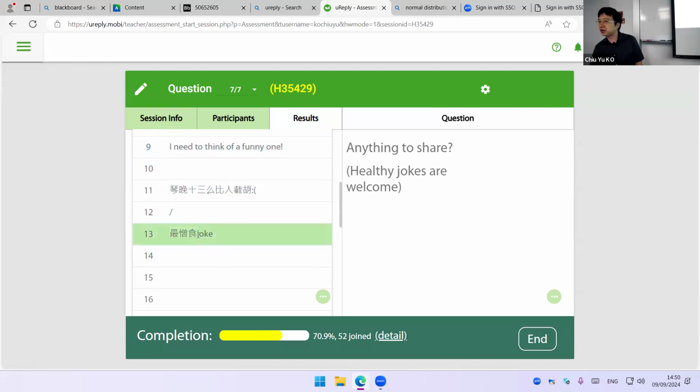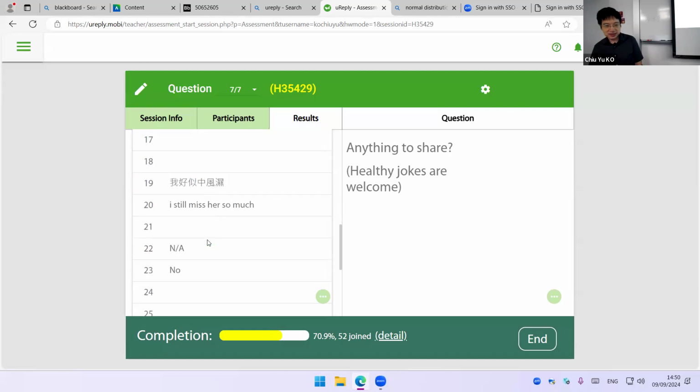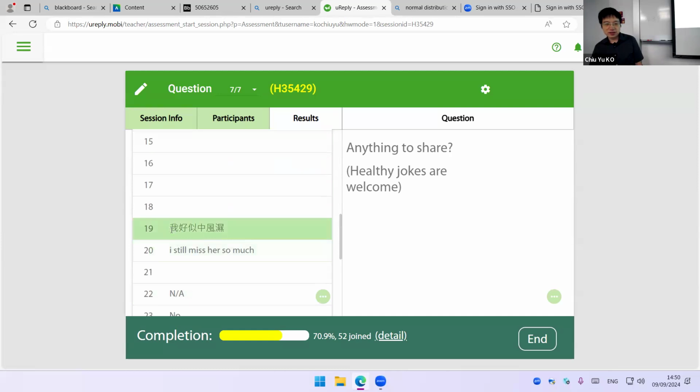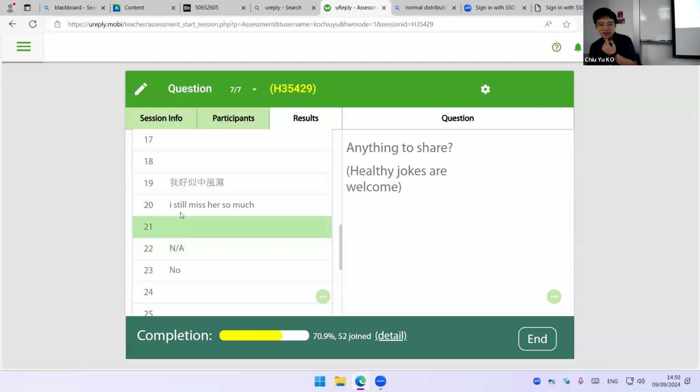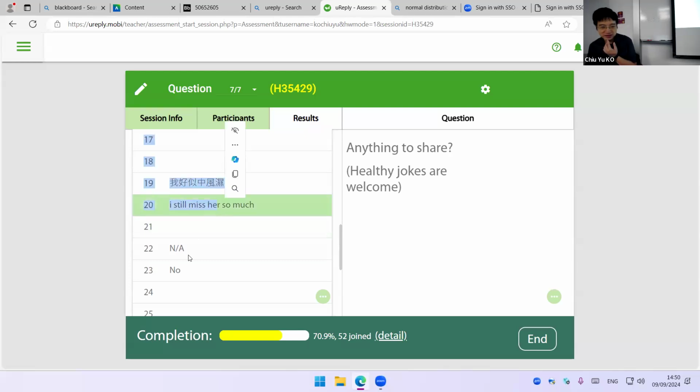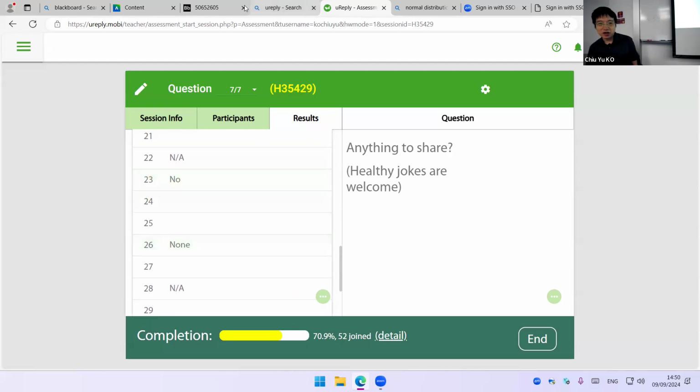Same as congee in Cantonese, so he hates congee. Oh, I'm sorry about that. I don't think we're elderly in our room, but maybe someone has some issue with the bones because of the humid weather. I still miss her so much. Oh, sorry for you. I can't say anything. Okay, I hope that